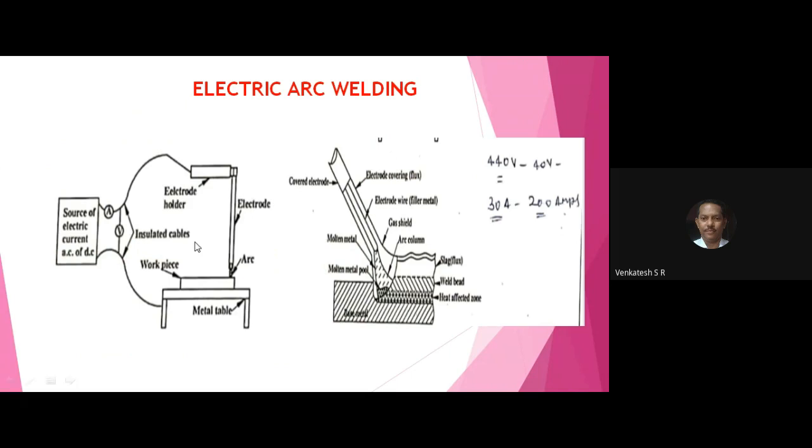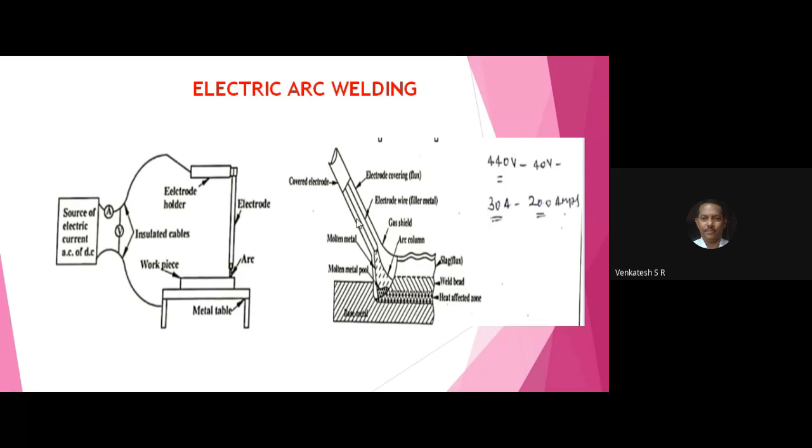The left side diagram indicates the setup or the constructional features of the arc welding process, and this is the principle of arc welding process. There are two types of transformers available. One is single phase and the other is three phase. All of you have seen the single phase. You might have seen in a building they use a small transformer. In that they carry out the joining of steel pipes and tubes and all those things. They are using single phase 230 volts and 5 to 15 amps current.